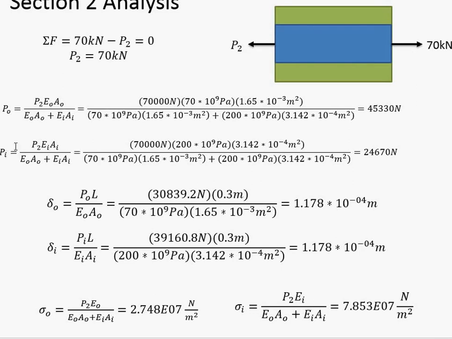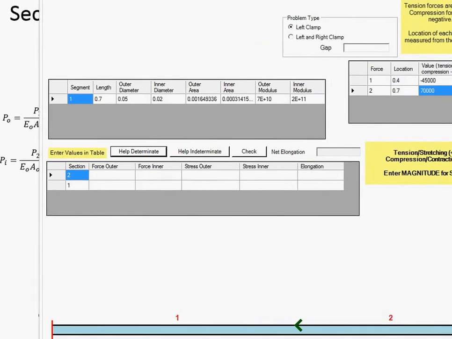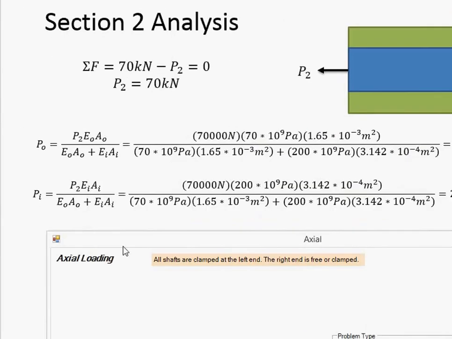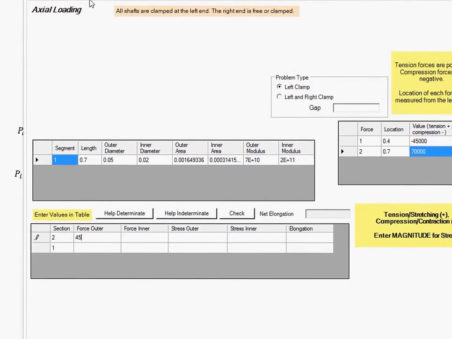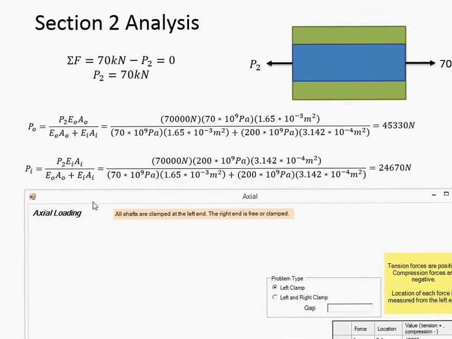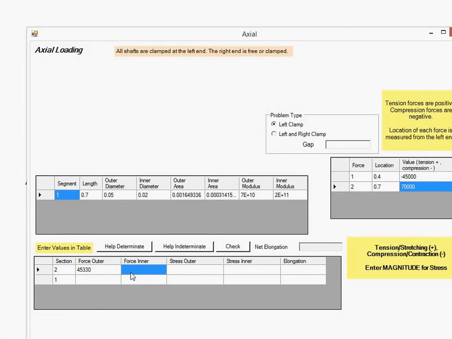And it's the same for the inner, except in the numerator you put in the inner Young's modulus and the inner area. When it comes down to stresses, it's basically the same equation, except you omit the area in the numerator. And especially when you get to delta, the elongation, notice they both come out to the same value, as they should. So we can put this in. Outer force, the outer stress,